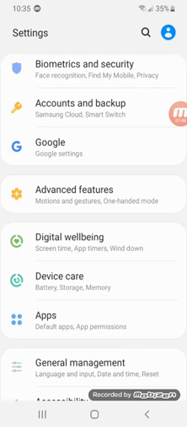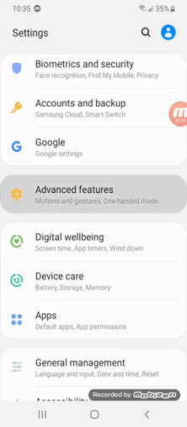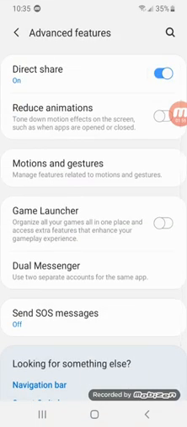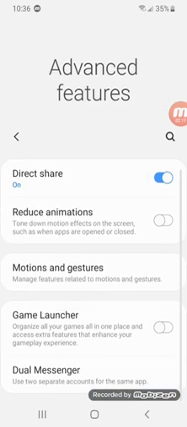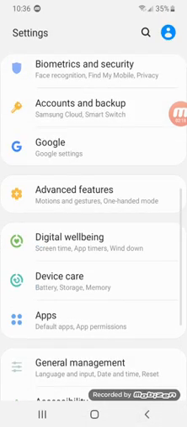advanced features like motion and gestures, one-handed mode. So like advanced features, you can use direct share, dual messengers, which you can use two separate accounts for the same apps. Send SOS messages, navigation bar, smart switch. You can go in the help menu, device care, digital well-being,